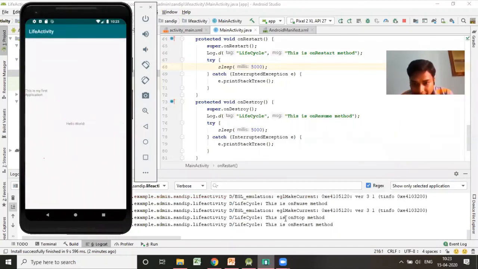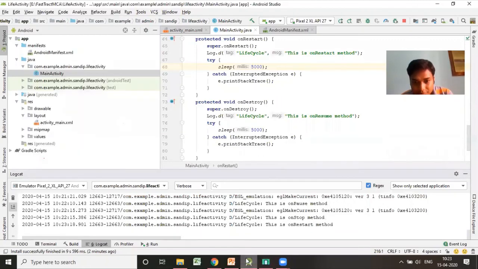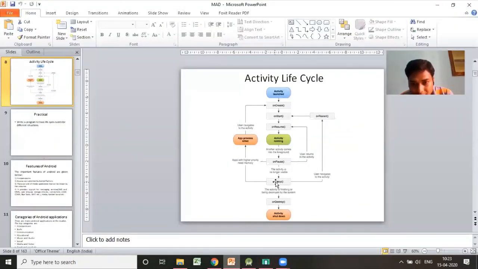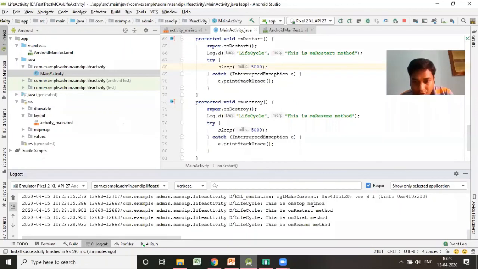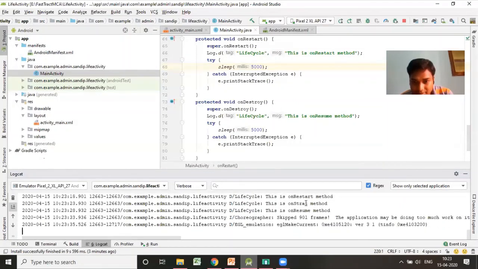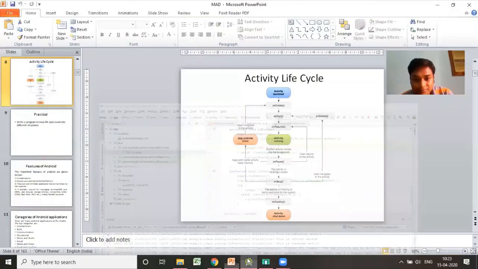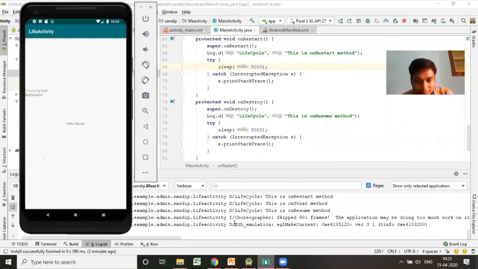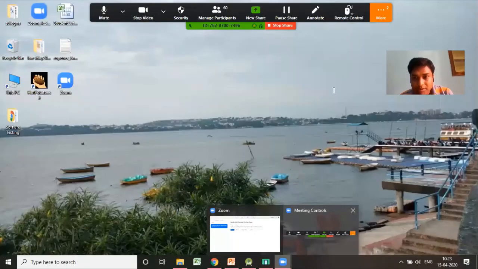Now you see, after pause, what was the path? Stop. After stop, what was the path? Restart, start, resume. You check the log. Stop, restart, start, and resume. Clear? Everyone got this?